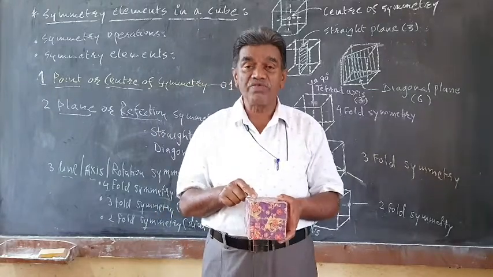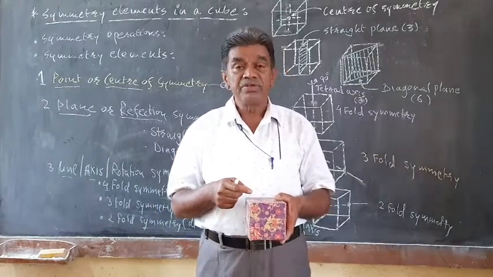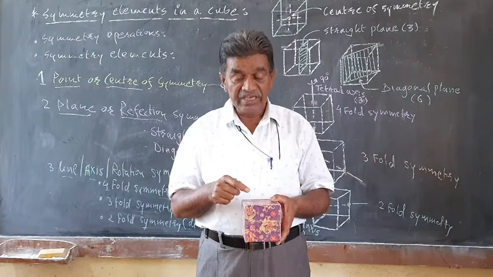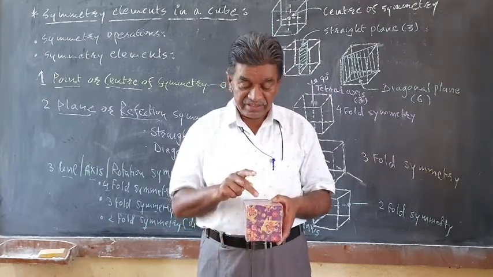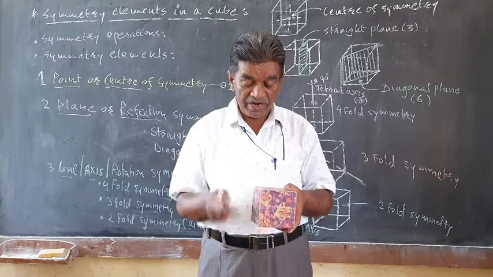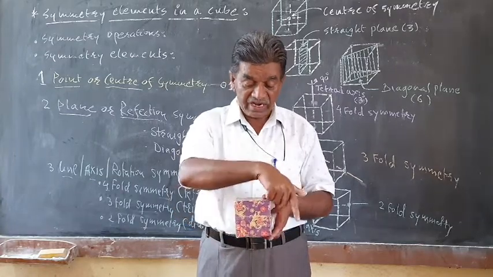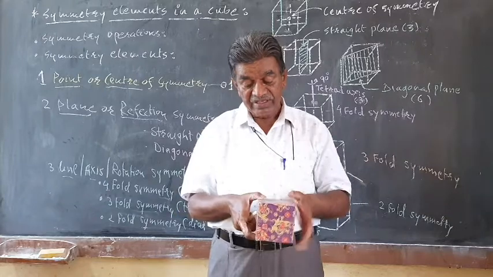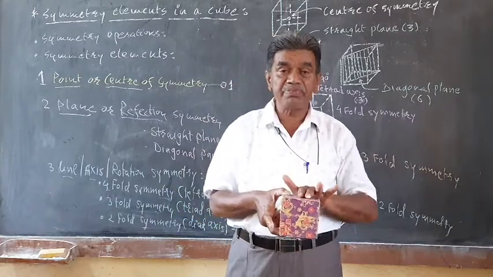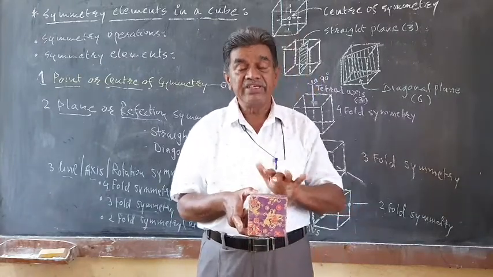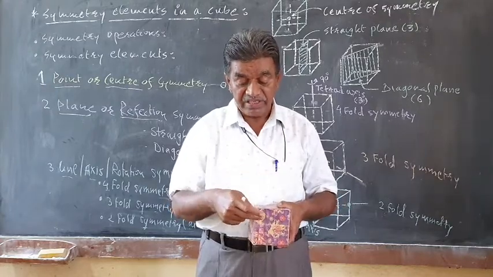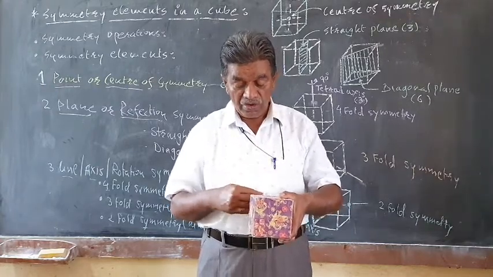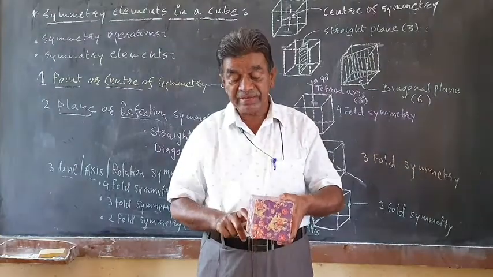So the cube consists of three opposite pairs of equal and same size faces. So this is three pairs. This is one pair, and this is another pair. So there are six faces. These are opposite faces, parallel and opposite, and the size and shape of these faces are equal. Suppose this is the face, the opposite face is here on the other side. Here this is the same.